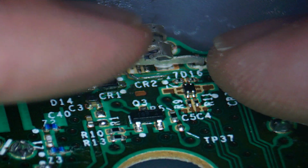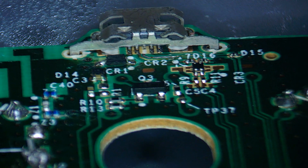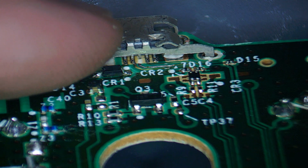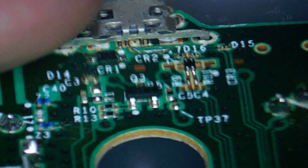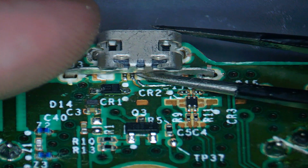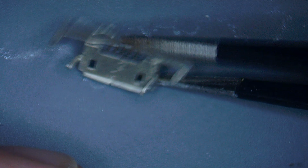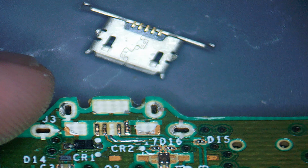And then we're just going to have a quick look down the barrel and see how well those pads and legs line up. They look pretty good actually, obviously apart from the one that's missing. So what we're going to do, just going to pop that off. And it was the middle, wasn't it? Yes, the middle